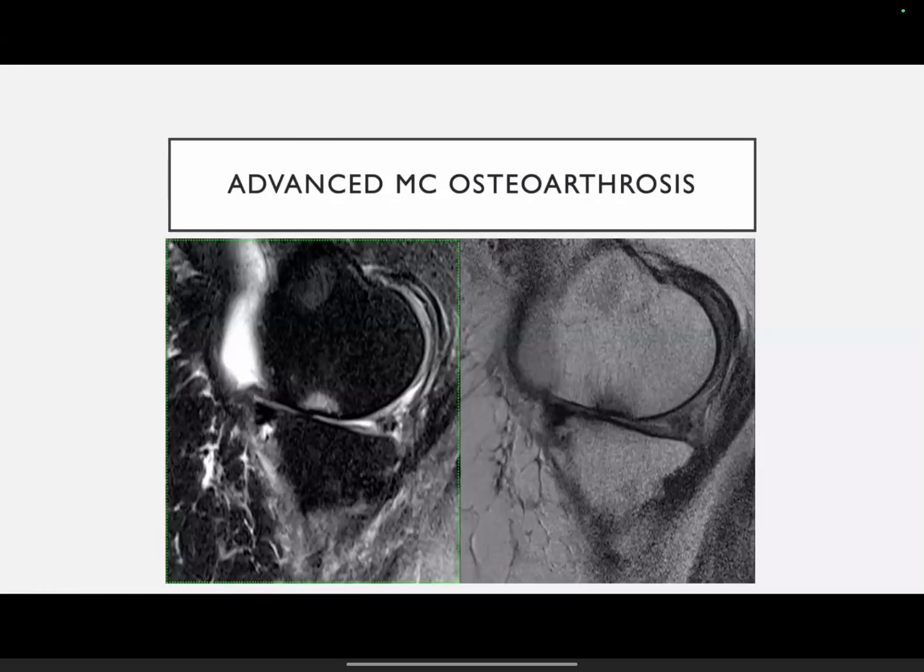Next case, another degenerative case, what I wanted to discuss is an advanced arthrosis. So whenever there is high-grade chondral loss, the cartilage appears completely gone. There is close apposition of the bone. The two bones are coming together. There is an associated meniscal tear, and we can appreciate that there is subchondral bone marrow edema. So this is again a case of osteodegenerative process leading to